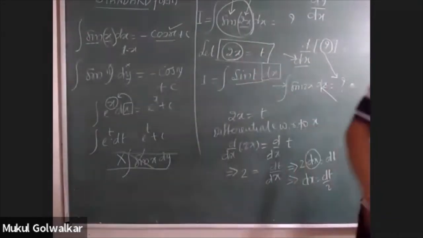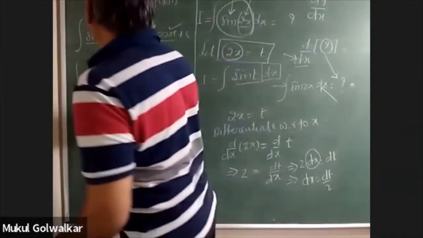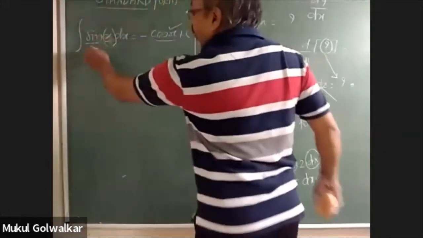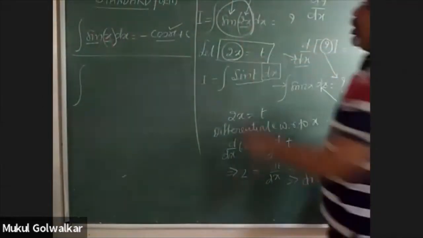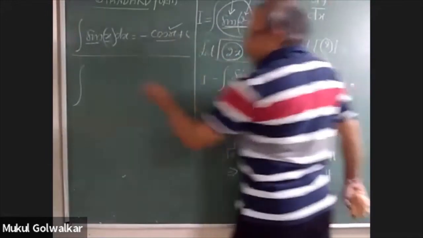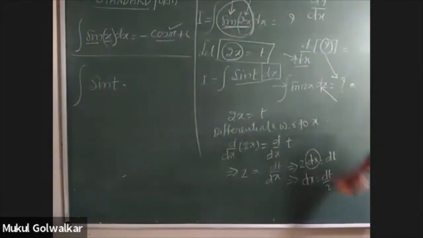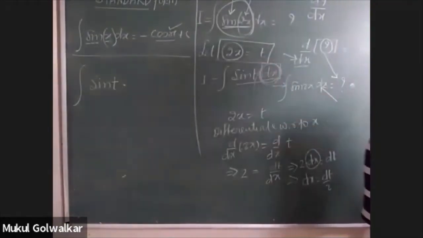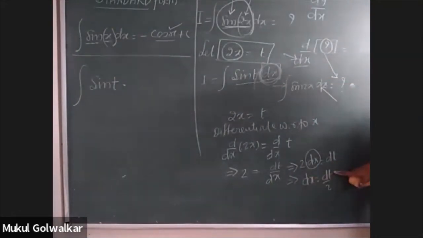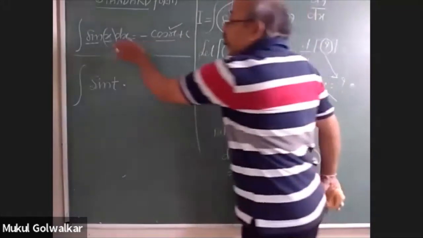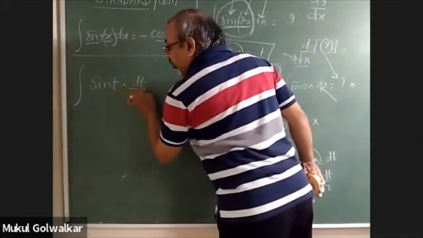If you have understood this calculation, students, now I am again going to compare it with the standard function, and I will write down all these things for you. After the substitution 2x is equal to t, sin 2x can be written as sin t multiplied by, in place of dx, which indicated the rate of change of x, which we have now calculated as dt upon 2. So in place of dx, I am going to write dt divided by 2.